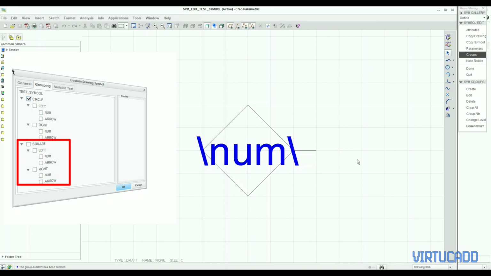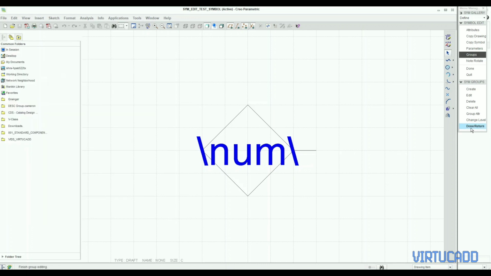Okay, so for now every group is selectable, and we can have various choices of the symbol types. We can have both circle and square at the same time. We can have only one circle or square at the same time, with or without text, with and without arrows. Okay, so I will keep it as it is. So it gives us more choices. Okay, so we'll click done,